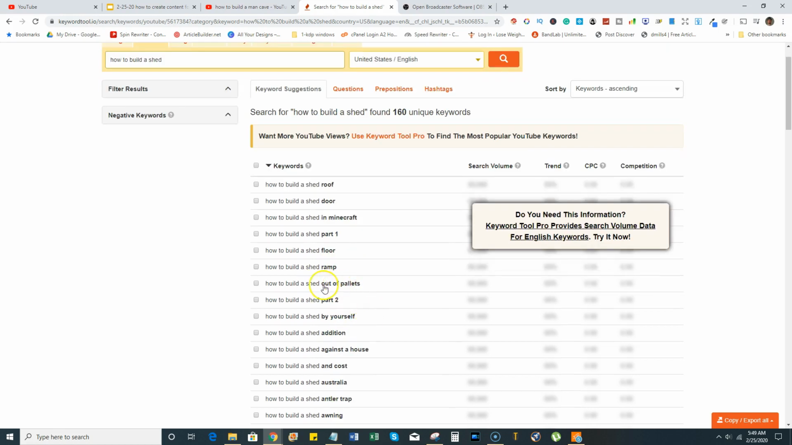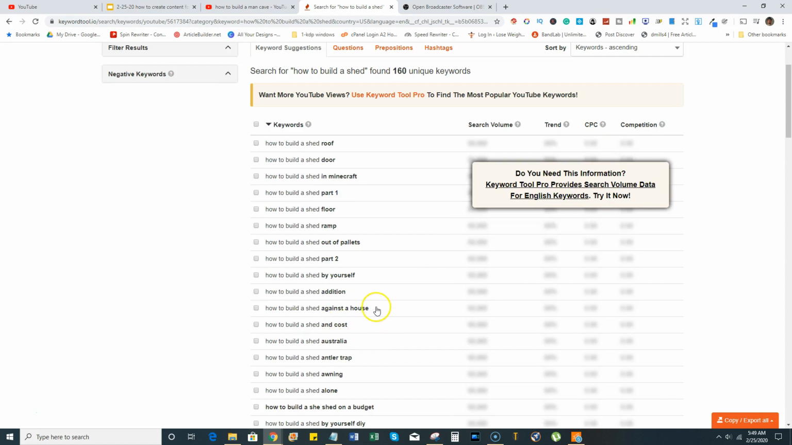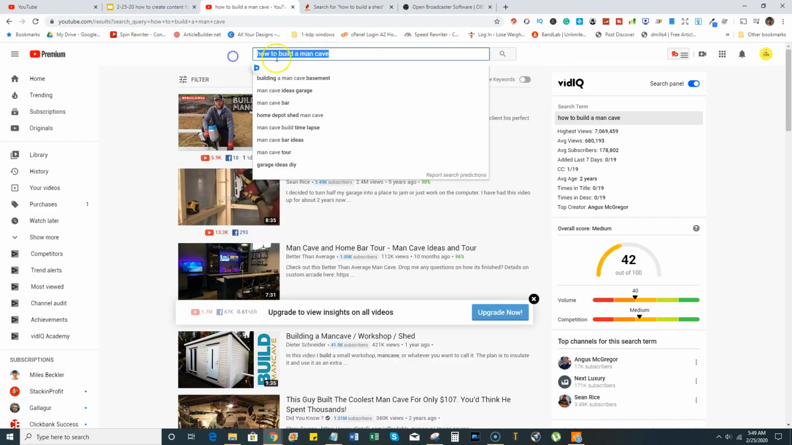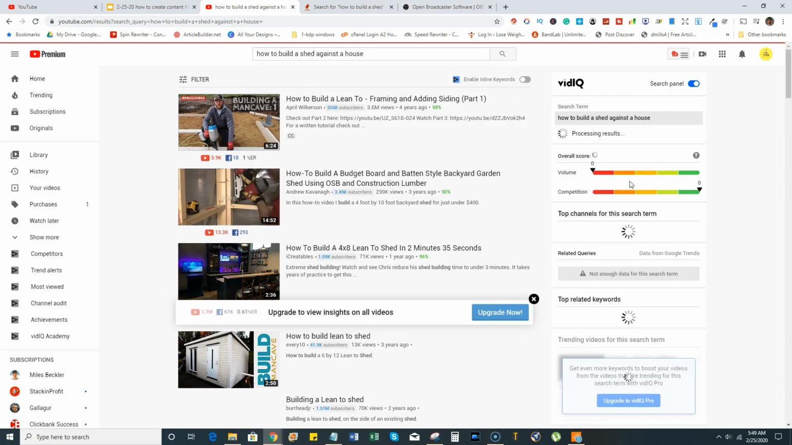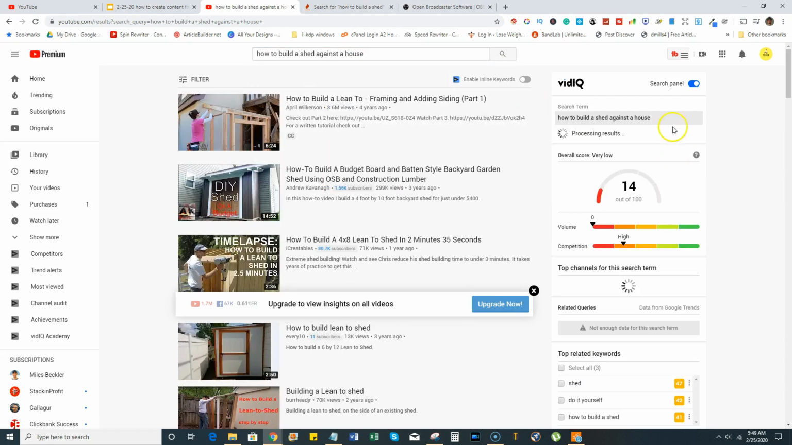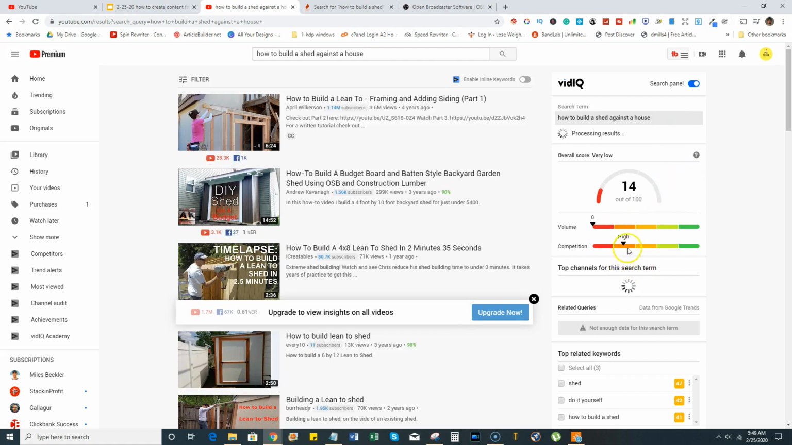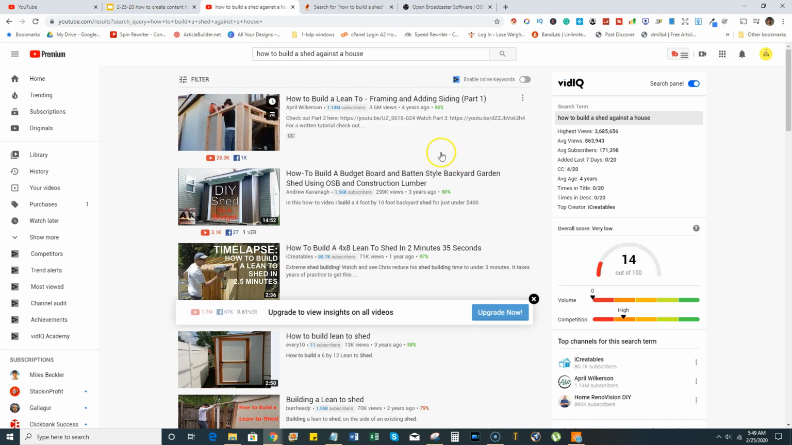You could also take these keywords, and we already did the build a shed out of pallets, how to build a shed against a house. You could take this keyword and copy it, and you can use this tool to come up with ideas right away. Throw that in there, and see if other keywords will come up. There are some other ones, and then you could search that keyword in here and start seeing. So this one has no search volume,